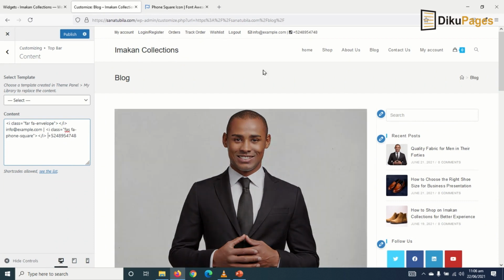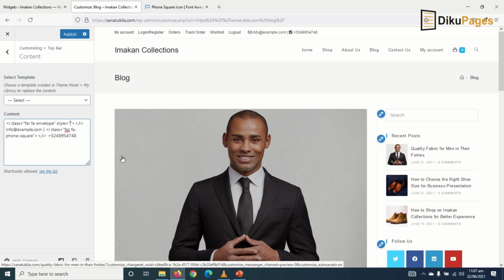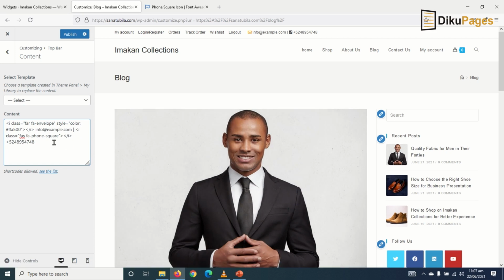Then I provide space. Now I want to change the color to my orange color I'm using on my website. So I'll come in here, in between the colon and the greater than sign. I provide space. Then I enter style is equal to, then I bring double inverted commas. Then inside it, I enter color, then colon, space, and I type in my color code. So hashtag FFA500. Okay. So I do the same thing for the phone number. So I can just grab it from here or just copy it. Then I paste it over here. Awesome. I publish it